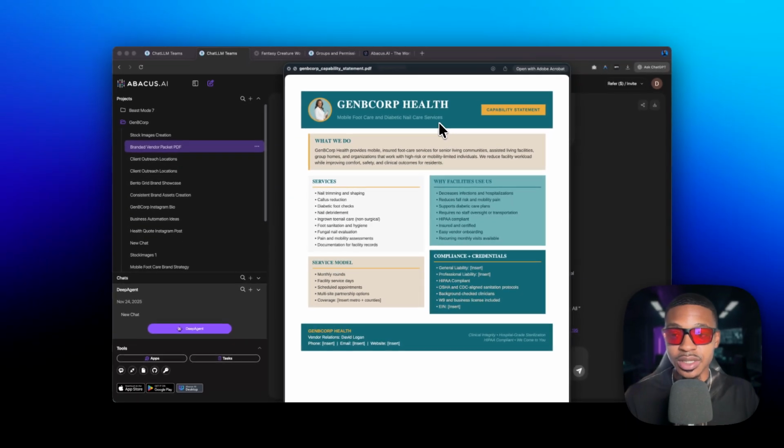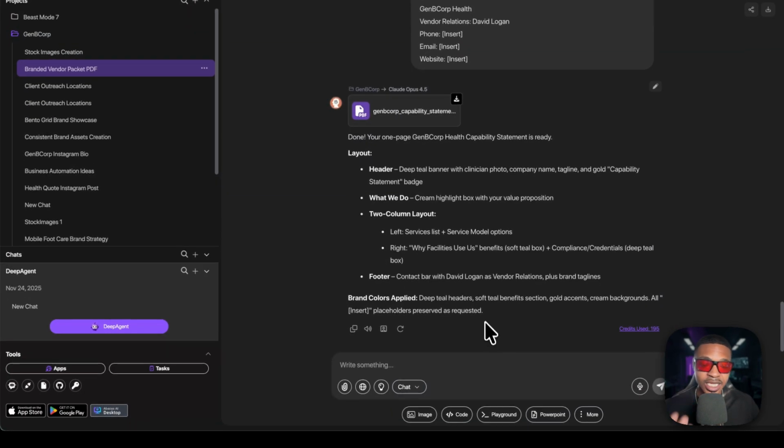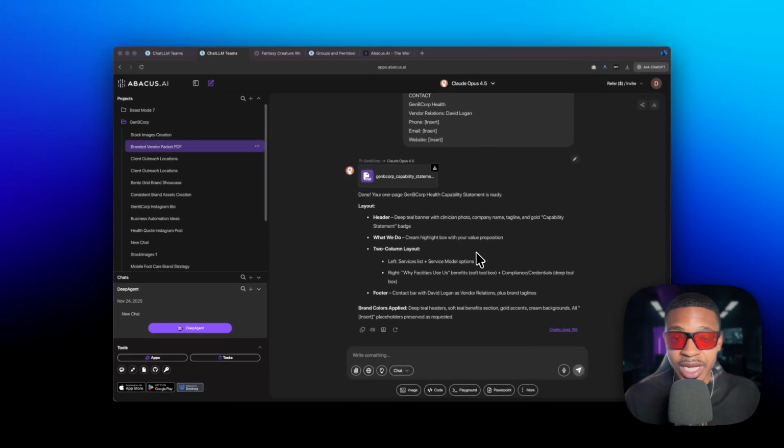So it has our colors, it has the image, and all we have to do is fill in all of this other information. But I just wanted to see the power that DocGen had, and it's great for creating contracts, agreements, PDFs of all types, and it doesn't take that much